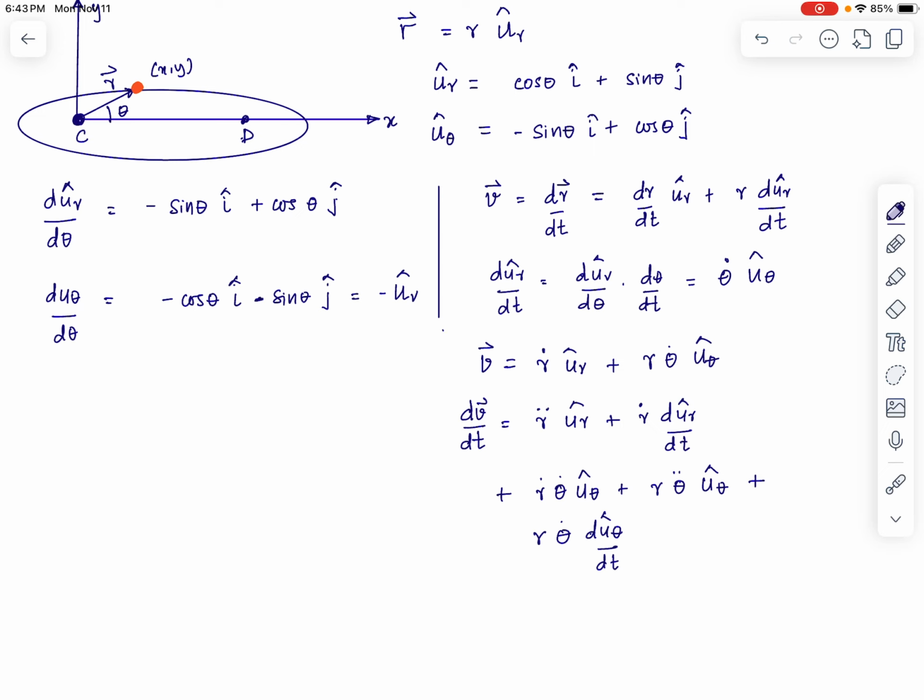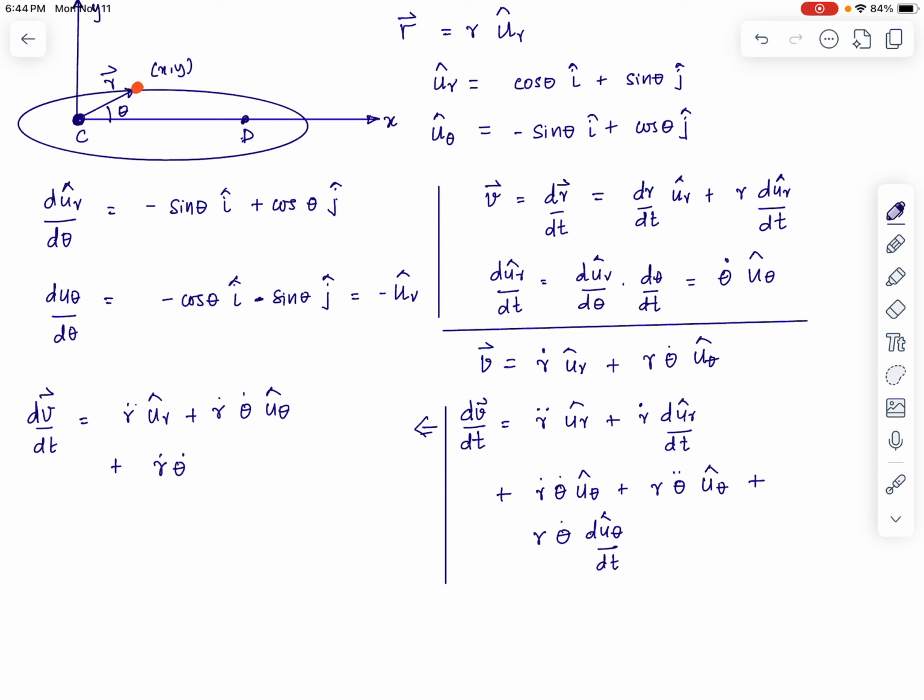So let me write it like this. dv/dt equals r dot u hat of r, and du r/dt we already know to be theta dot u theta, so we plug that in here, plus r theta dot u theta, plus r dot theta dot u theta, plus r theta double dot u theta,